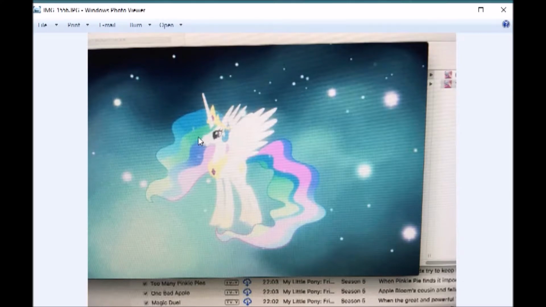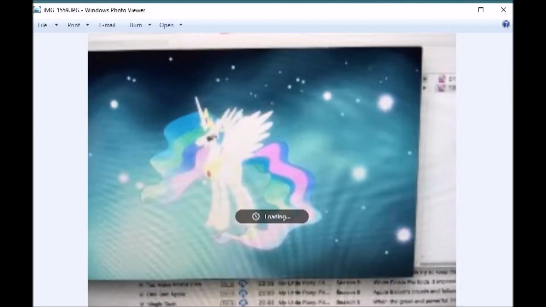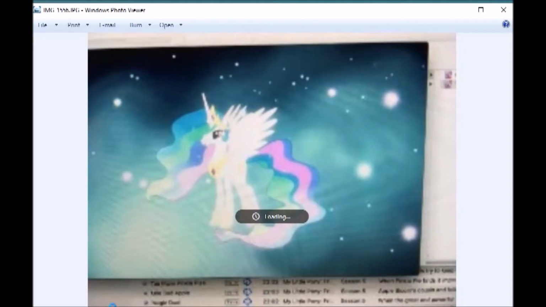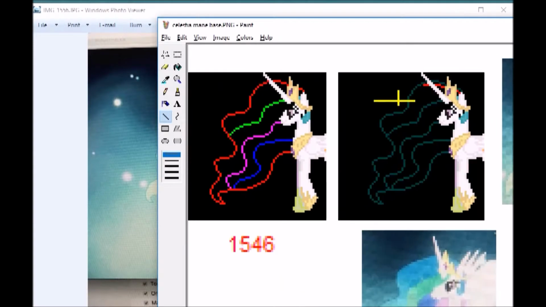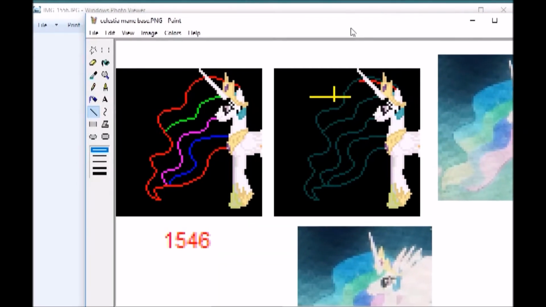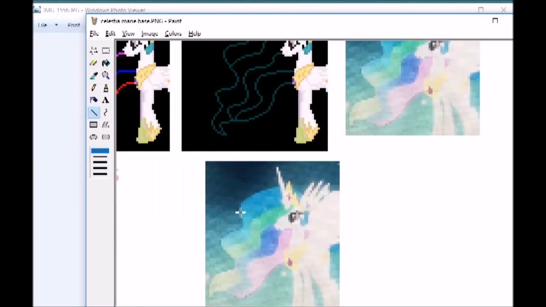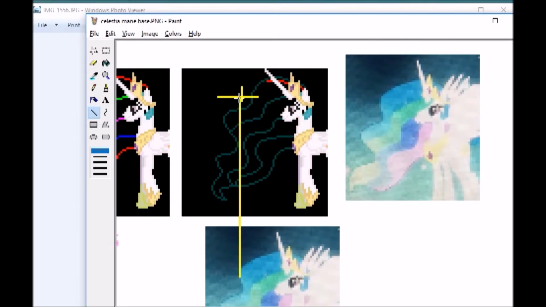What I do is I grab a screenshot of this, the image viewer. Then I resize that image until it's about the same size as the Celestia base that I have here. And then I don't really trace it. That would not really serve my purposes, because as you can see, there's a little bit of wobble between each frame. And that wobble would just throw everything off if I was just tracing this directly. Instead, what I do is I copy the previous frame over, set it to a dark color so that I have sort of a reference for where the previous frame, or I should say previous 10 frames, were at. And then I use the color yellow to map a point on her mane up to, well, I guess I didn't use that point, but I use,